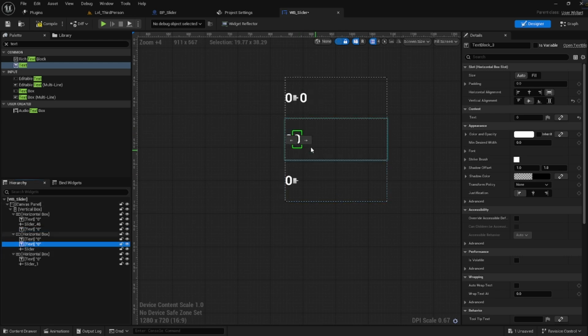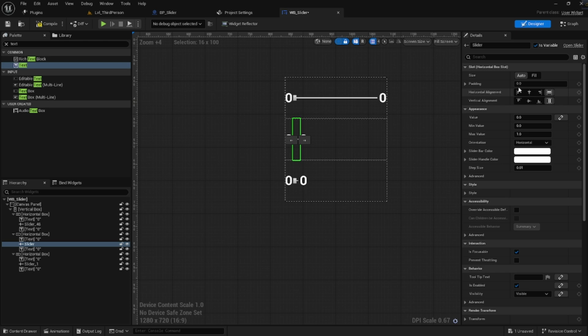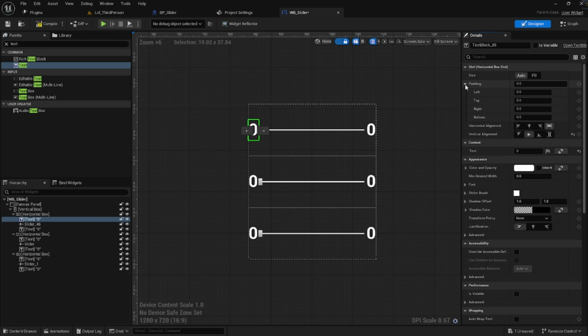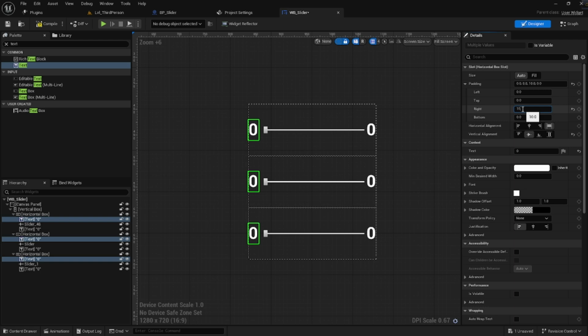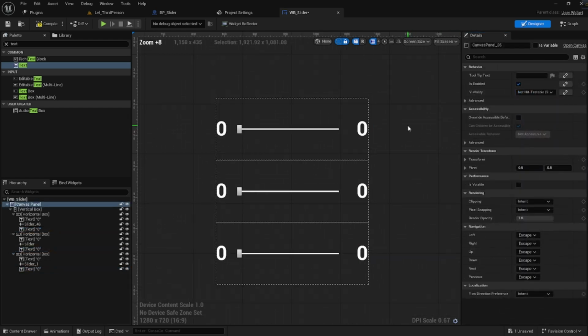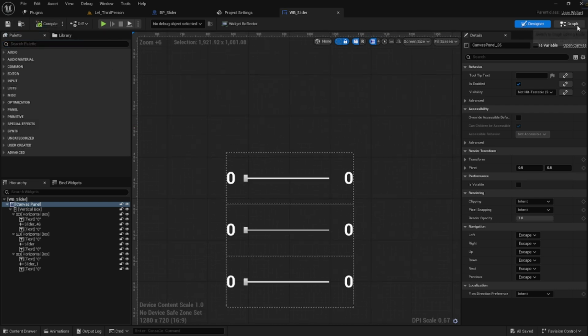I will create another text in all of this, and I fill the slider, my slider value. I will fill it. I select all 3, and on the right I will add a padding so it will look like this, and these 3 I will add it on left 10. Now compile and save,